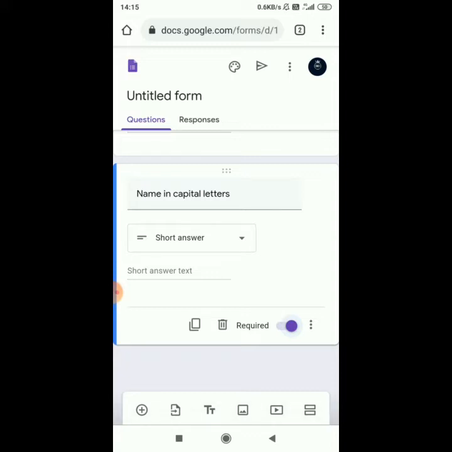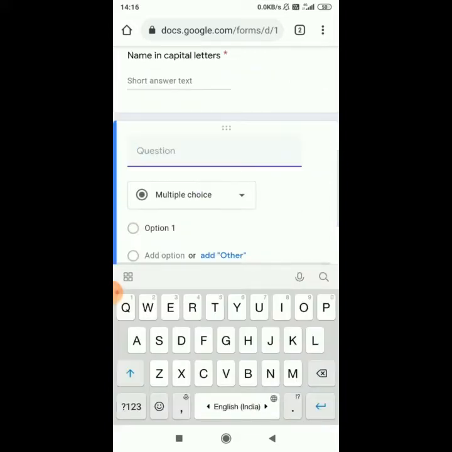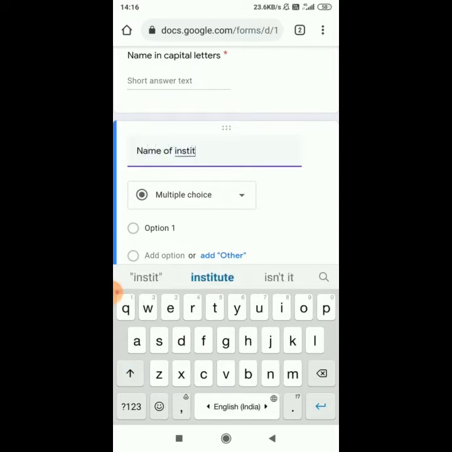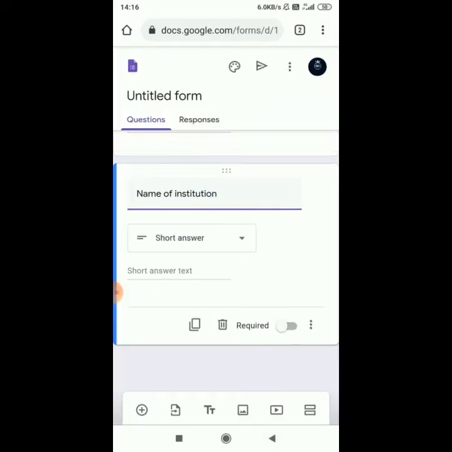To add the next, again click on the plus sign. We will type the question as name of institution. If you want this to be mandatory, you can turn this required option on.